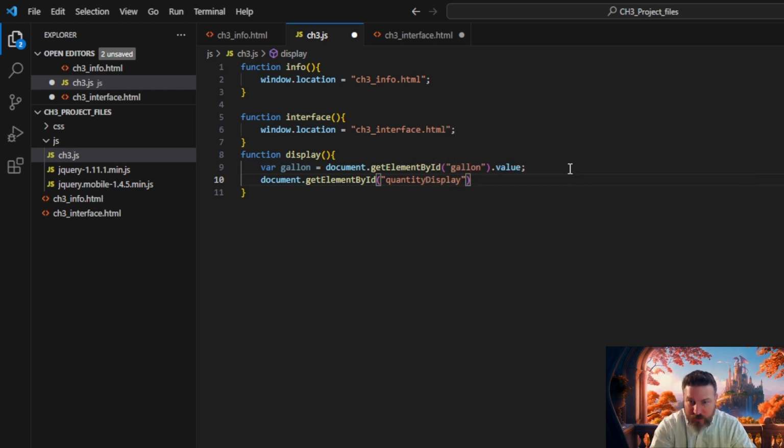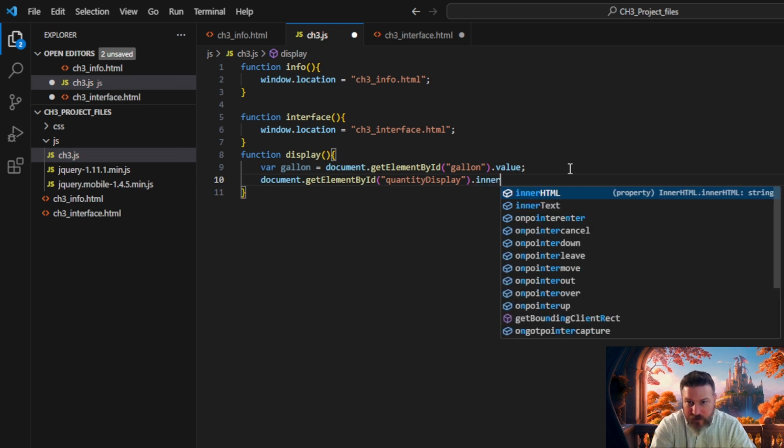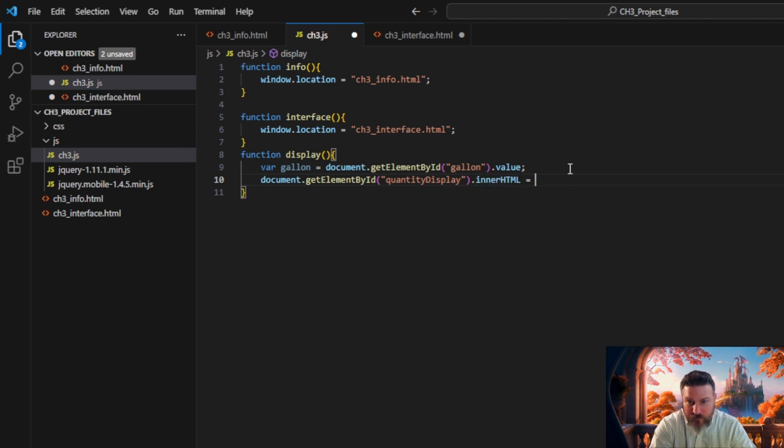But we're going to put it in the innerHTML. So we're telling it right now, go to the document, find this display quality, and in the HTML, write this. We're going to put equals to gallon, the variable gallon plus the text gallons, space gallons,